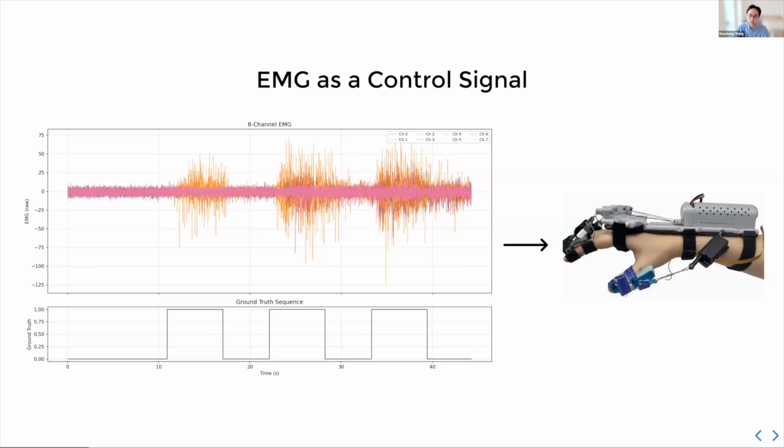Signal is still present. Yes, so the signal is still present in the EMG. And I'm showing you here an example of our stroke subject. Here you see 3 segments of high activity, corresponding to an opening gesture, interspersed with relaxes in between. And we're trying to use essentially this to control the device.